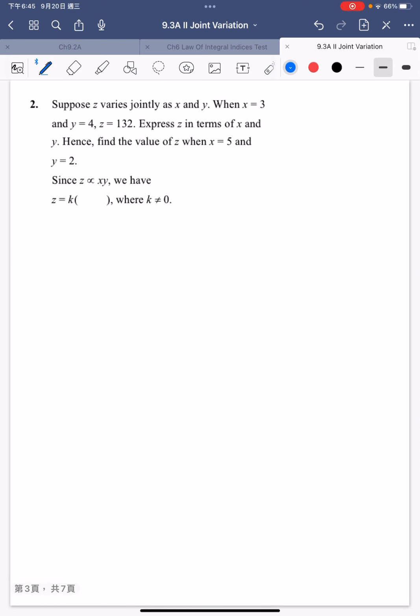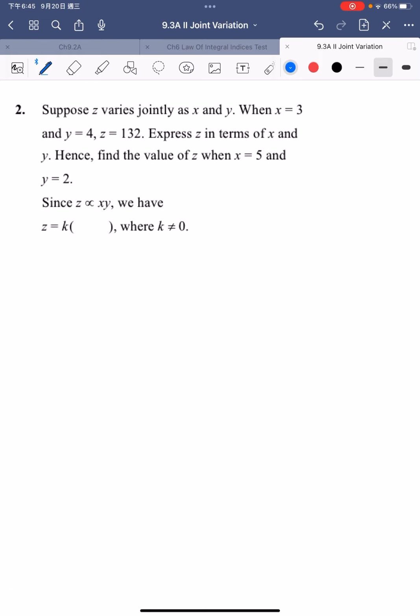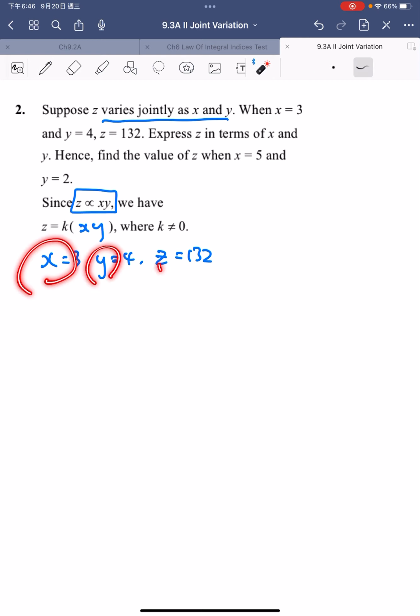Then moving to the second one, the question says z varies as x and y, which means z is proportional to x times y, so we can write z is equal to kxy. Then the condition is x is equal to 3 and y is equal to 4, z is equal to 132. So we can substitute the x, y, z values into this equation to get the value of k,